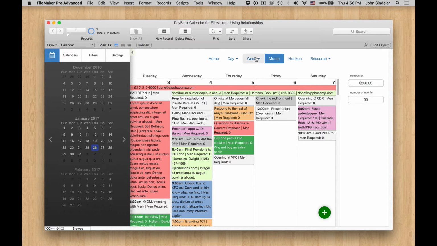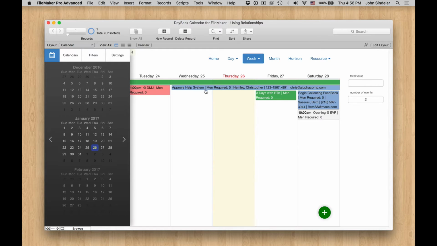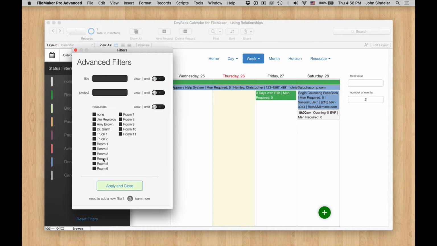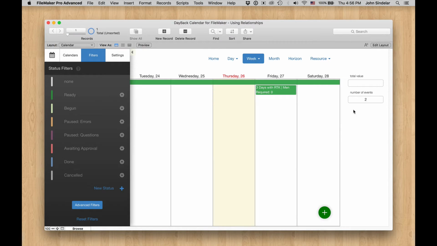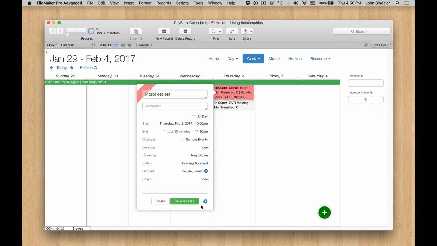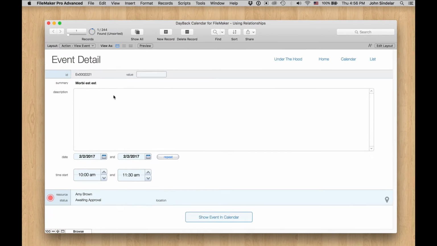First of all, let's pick just a week and go down here. And you can see right now there's already an issue. The number of events, there's more than 2 events here. The reason is that using this technique with relationships, it has a really hard time with blank values. So if I pick things that definitely have a resource, it'll work a lot better. Now you can see we have 2 events here and 3 events here, but we don't have any total value yet. And the total value is living in a new field we added over here in view event